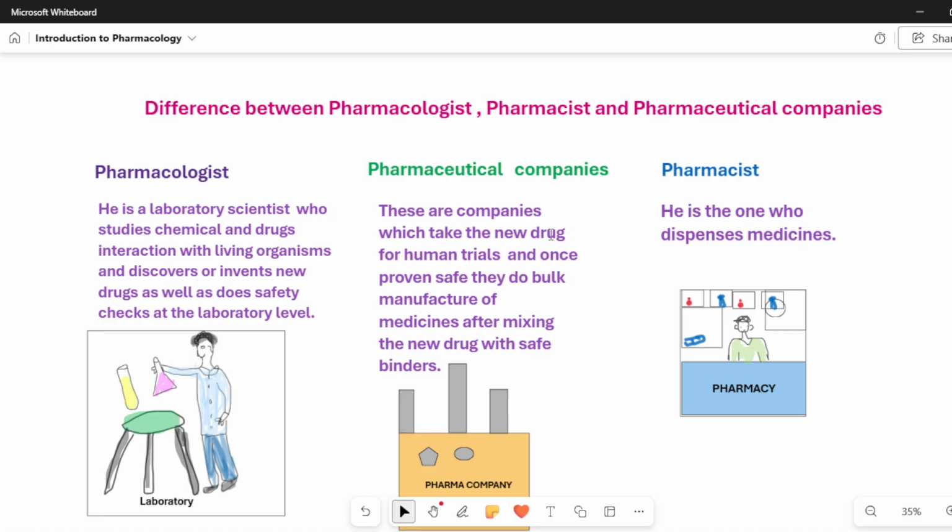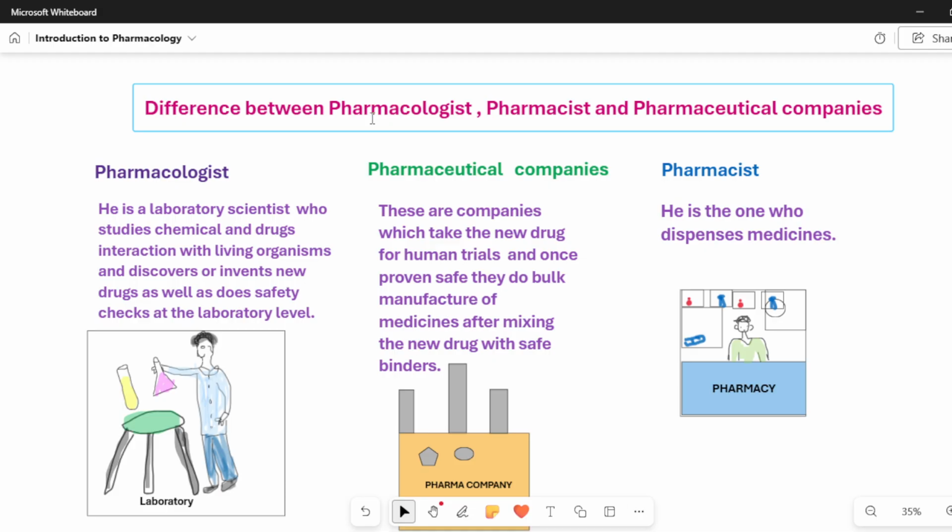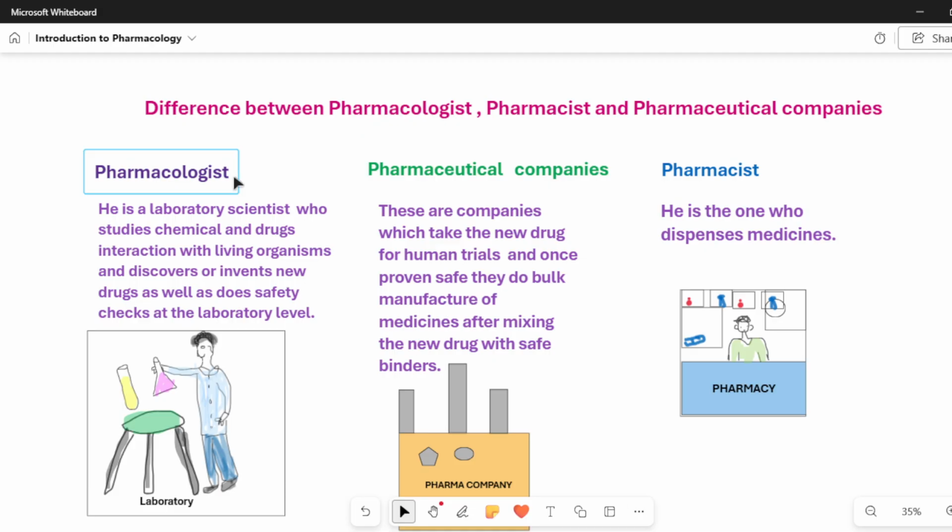A pharmacologist, the subject we are studying now, is a scientist who works in a laboratory, who studies the chemicals, drug interactions with the living organisms, and he discovers and invents drugs, as well as does the safety check of the drugs at the laboratory level.